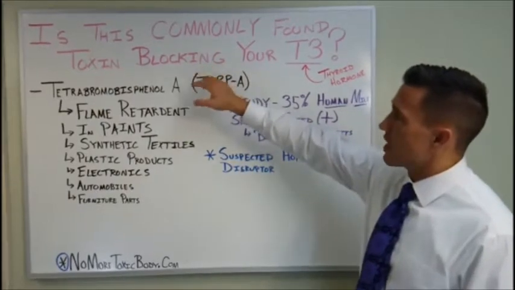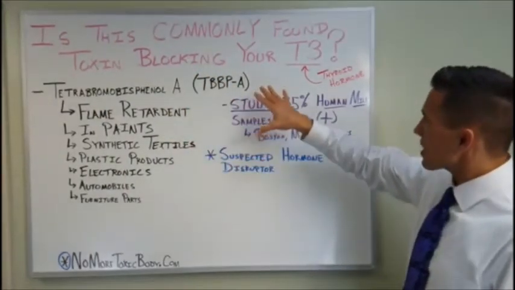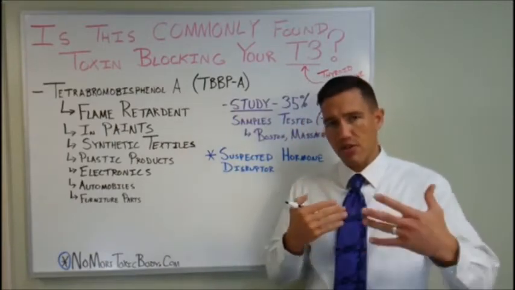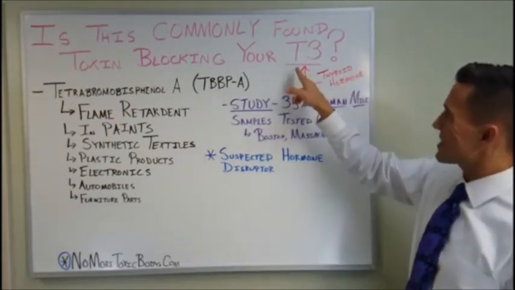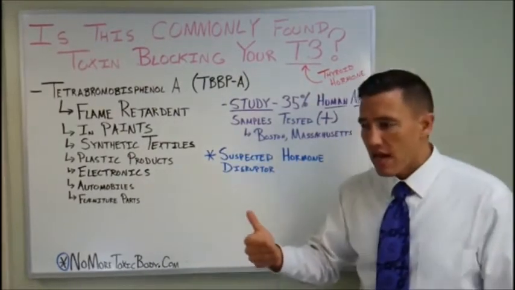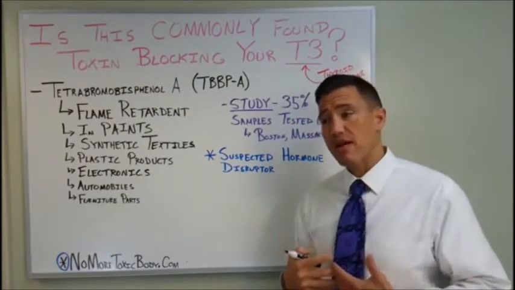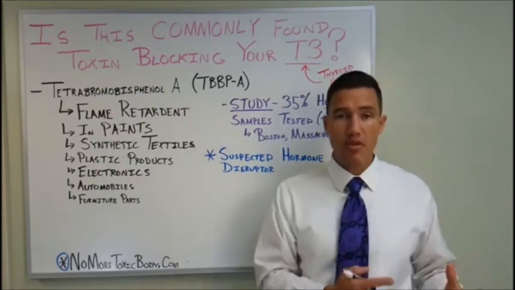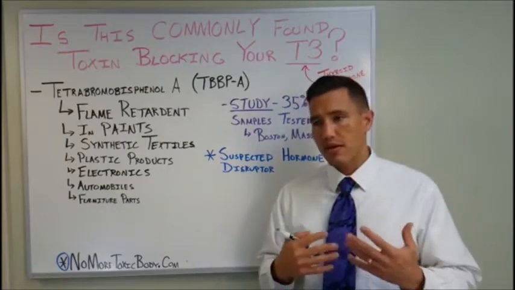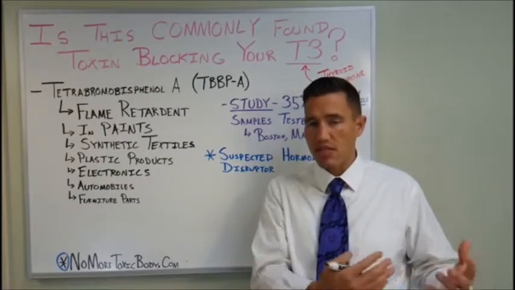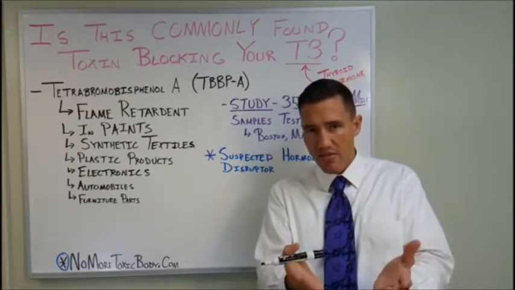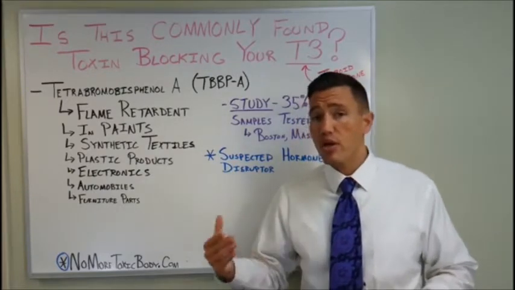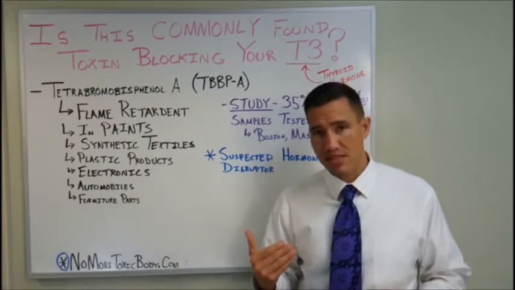Because one of the things that we know that it can do is that it can literally create resistance of your cells to your thyroid hormone. So it can block T3 activity. And T3 is the thyroid hormone that has the greatest physiological stimulation of your body. So when you're experiencing all of the symptoms of hypothyroidism, like decreased thyroid hormone, it's due to decreased thyroid hormone stimulation. So you may have hypothyroid symptoms because you don't have enough of a hormone, or it could be because you cannot stimulate the cells properly.